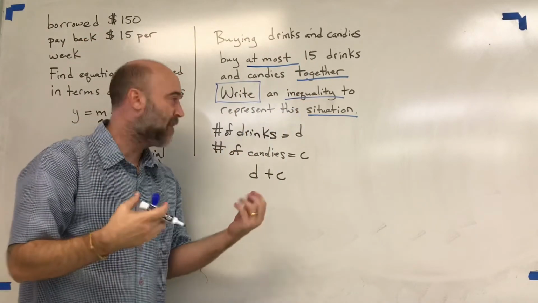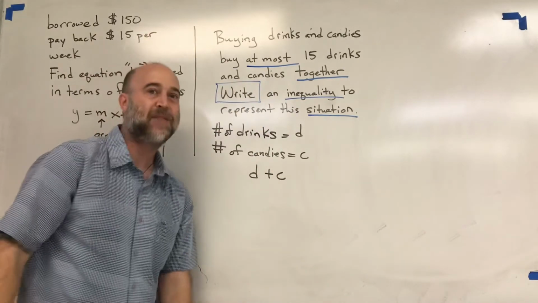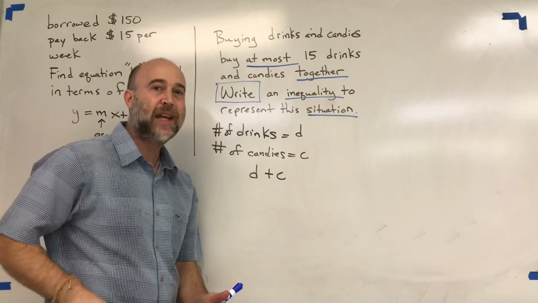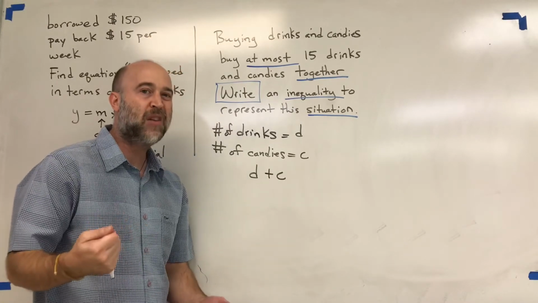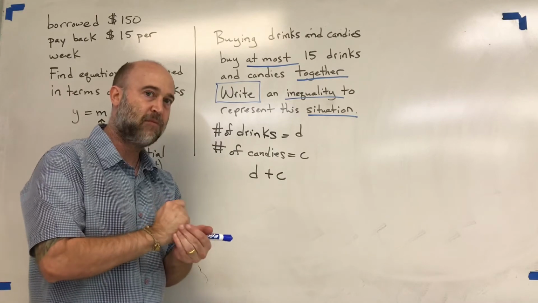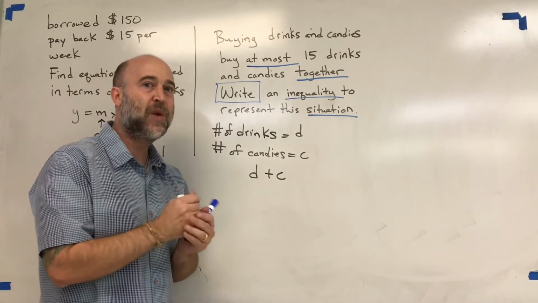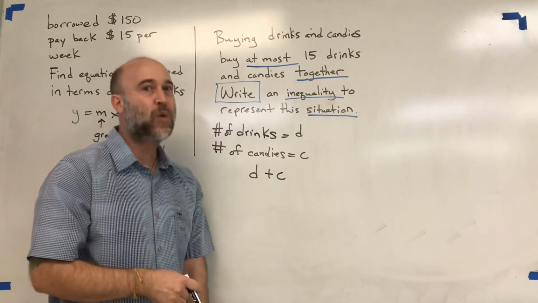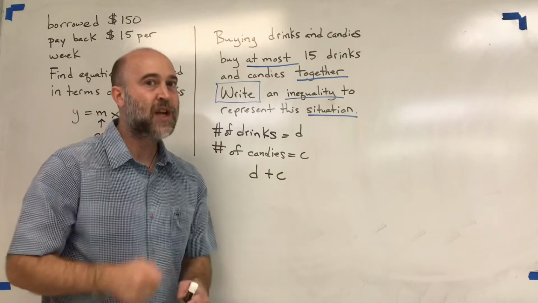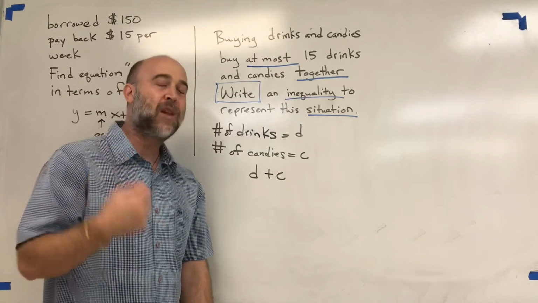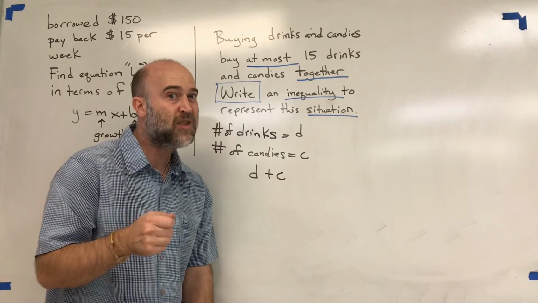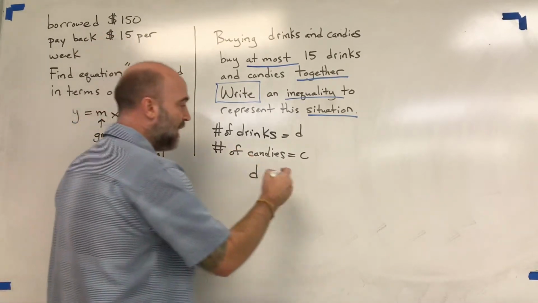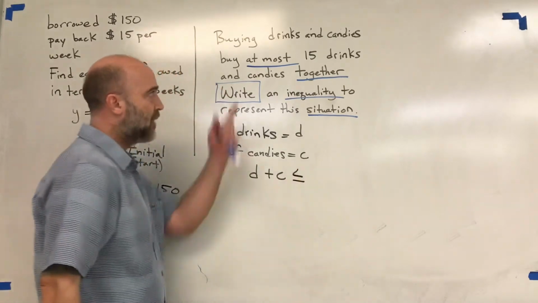So I always compare it with money. Sometimes we don't know what that means mathematically. If I have at most $20 in my pocket, does that mean I have more than $20 or less than $20? Okay. So if I have at most $20, it has to be less than that. And the next question is, can it equal $20? If I have at most $20 in my pocket or my wallet, does that mean I could have $20? Yes, it does. So the at most idea means it has to be less than or equal to whatever that number is,